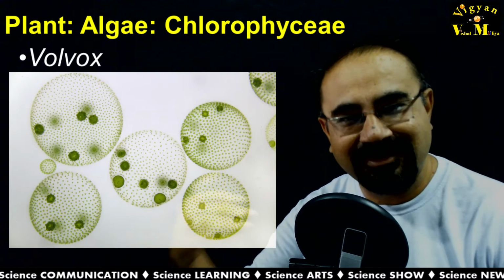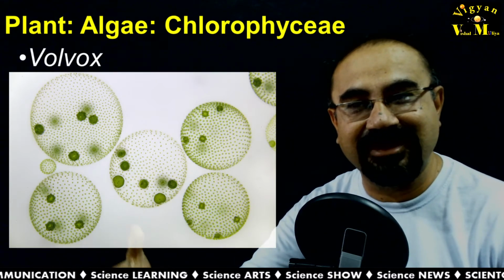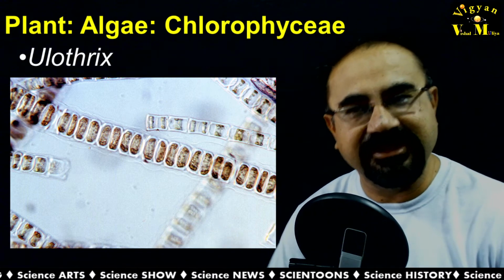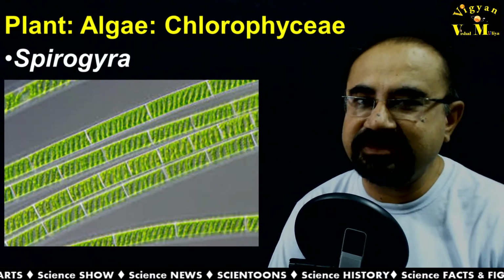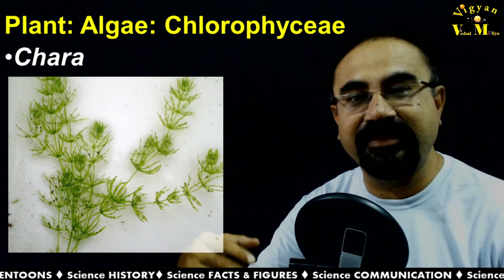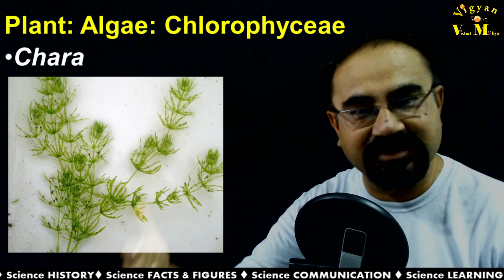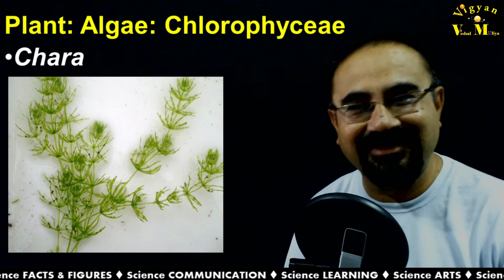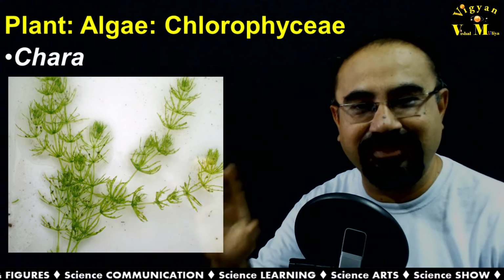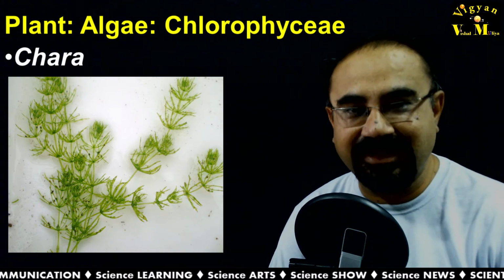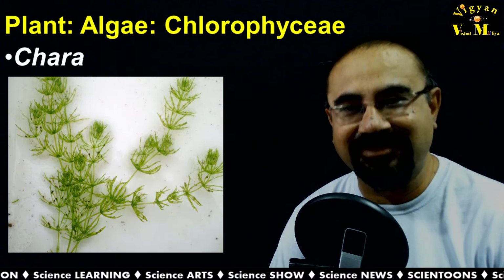Sometimes one can find granddaughter colony as well as great granddaughter colony also. Eulothrix is a filamentous one, and one can see it here. Spirogyra is also filamentous one. Chara is the one which is looking like hair plant, looking like a plant having branches, leaves, stem, but in fact it is microscopic, and there is nothing like stem, nothing like leaves. It is just thallus, but it is looking like a big plant or the higher plant.